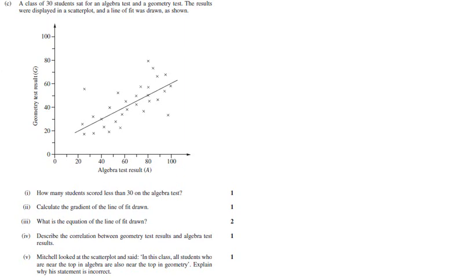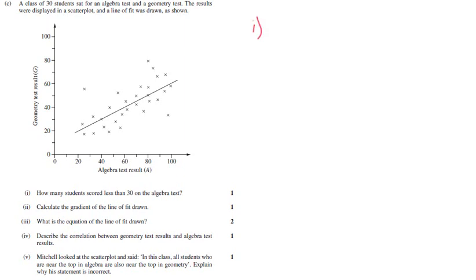Okay, so for this question you can see clearly here that we've got a scatter plot, and we've got a line of best fit, which hopefully you remember is where you have the same amount of dots on each side basically. Okay, so if we look briefly at the very first question,